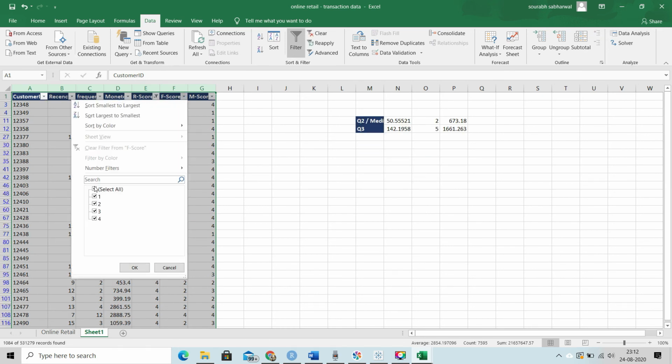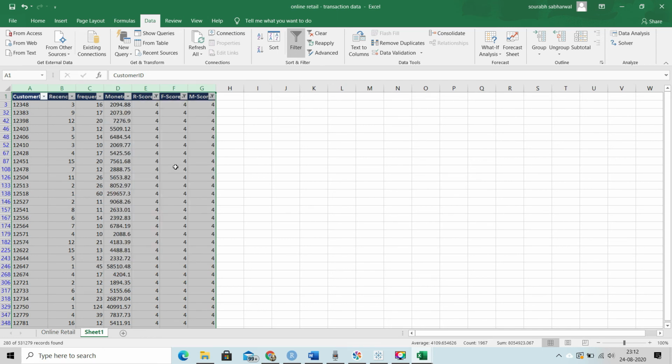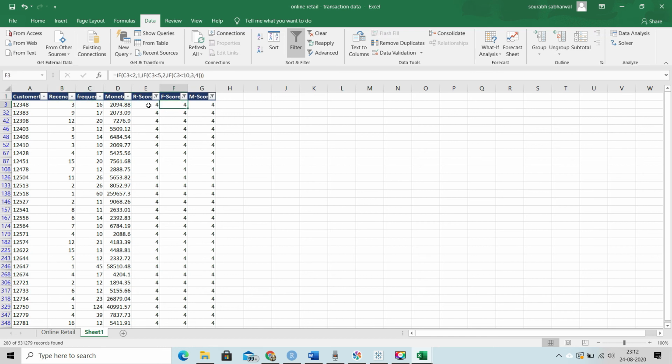Frequency also 4, that they are frequent visitors, and monetary also 4, that is they are also spending a good amount of money. So now these are customers with the highest value of recency, frequency, and monetary attributes. What we can do now, we can name such a segment of customers as, let's say, our loyal customers, who have all these scores 4.